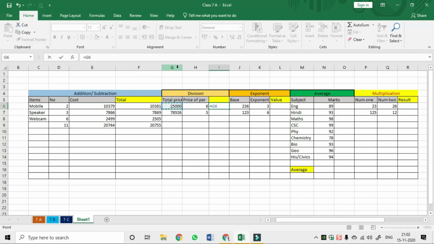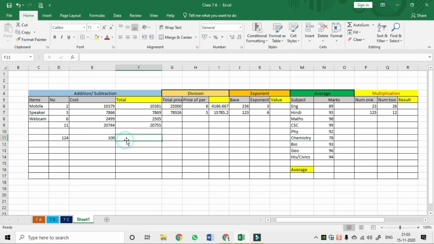Sorry, the cell reference. Cell reference means, for example, G6. We need not enter it manually; it comes automatically. After that, the forward slash is on the right side of your keyboard, below the numbers. Then select the second number, hit enter, and you get the answer. Same method for the next number: equal symbol, select it, forward slash, click the second number, hit enter, and you get the answer. We did addition here, but we didn't do subtraction. Okay, let's do subtraction, same method. I'm going to write any number here.